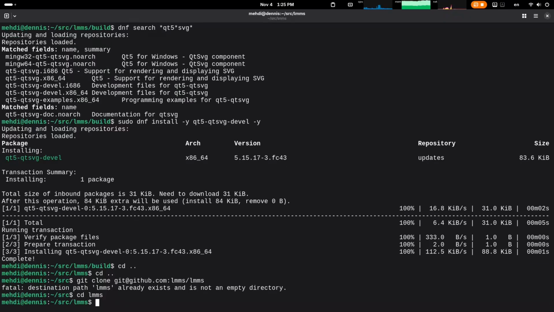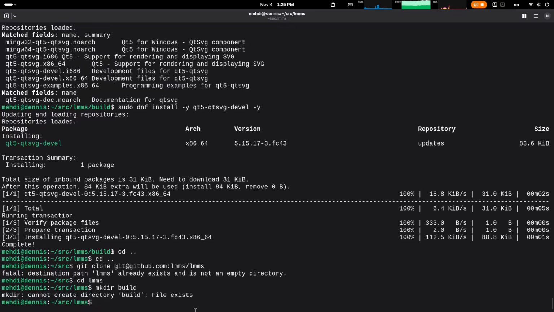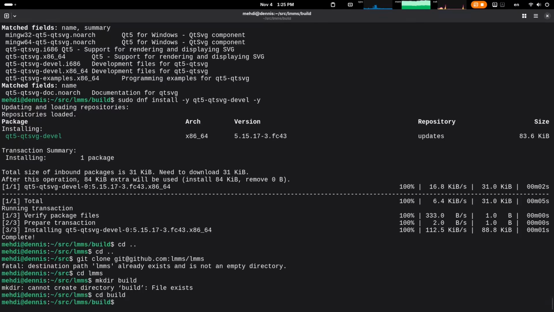Then here, you need to create a directory called build. So create a directory called build. You can see that I already have a build directory because I have created that directory before. So I go inside that directory. And here, if you have just started building LMMS,